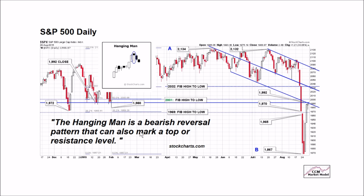Typically, the hanging man is a bearish reversal pattern that can also mark a top or a resistance level. We are right at resistance. Any single candlestick, like a hanging man, requires confirmation from price. So we don't predict when we see something like this, it just speaks to the probabilities. So if the market model required us to buy on Friday, from an implementation perspective, this hanging man might allow us to defer that decision for just a few days